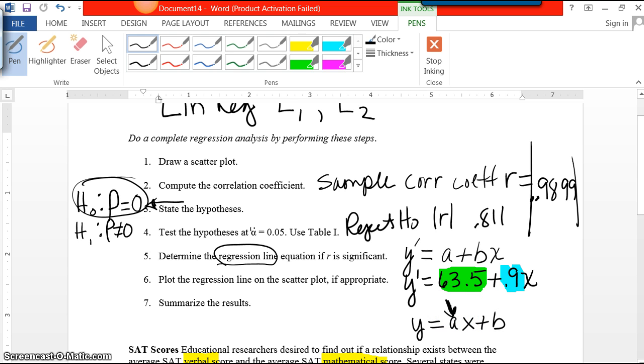This would be the slope right here, and this would be the y-intercept. It's the reverse of that. Here the A is the y-intercept, the B is the slope. So it's a little bit strange in statistics. But anyway, that's your regression line. They may have you plot it on the scatter plot, and they might have you do some predicting with it, but there's definitely a linear relationship